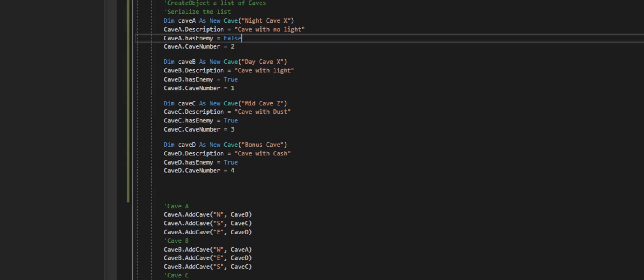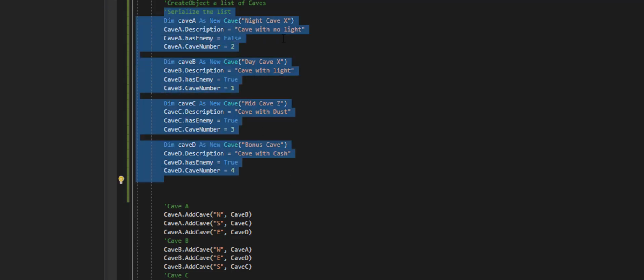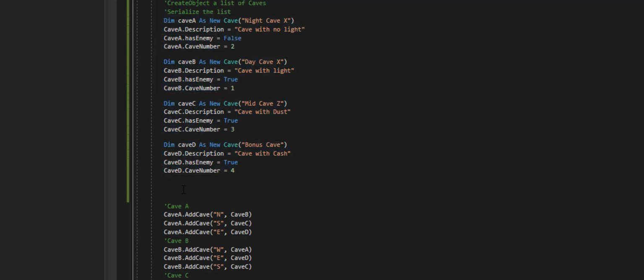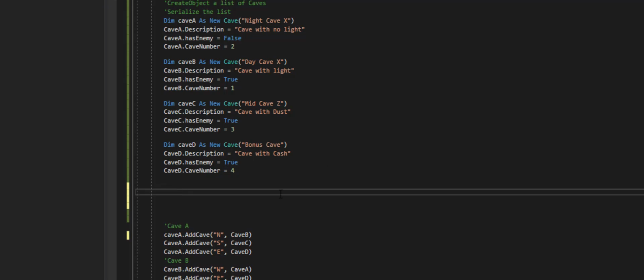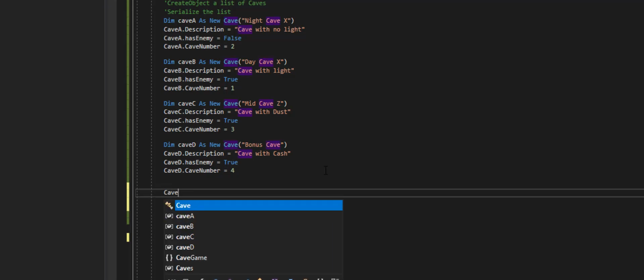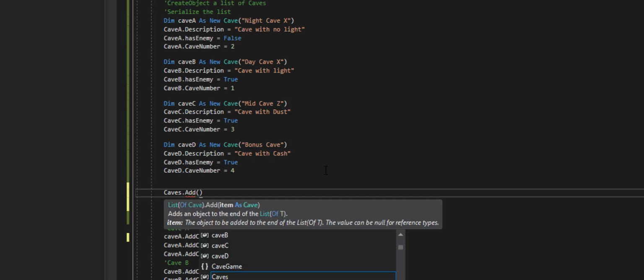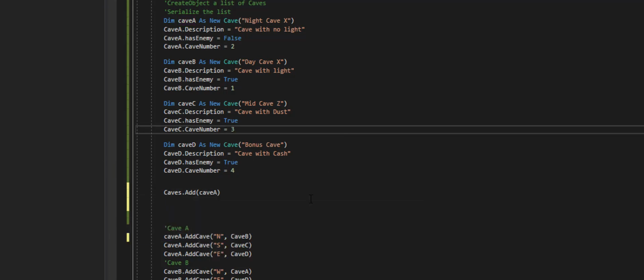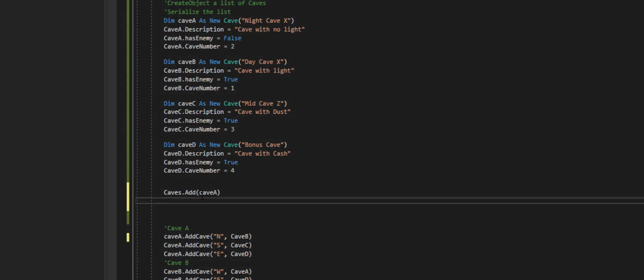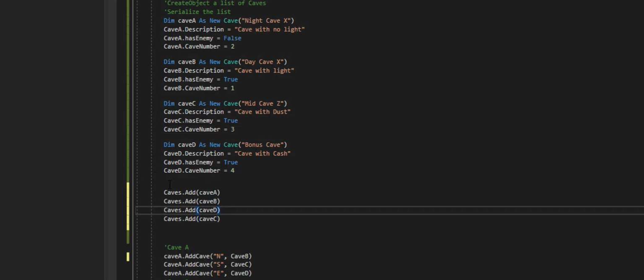Now the next thing I need to do is add all of these caves to my cave list. And all I need to do is say caves.add. And then I can add cave A. And then I'll just do the same thing with the other caves. So I have now cave A, cave B, cave D, and cave C all added to this list of caves,